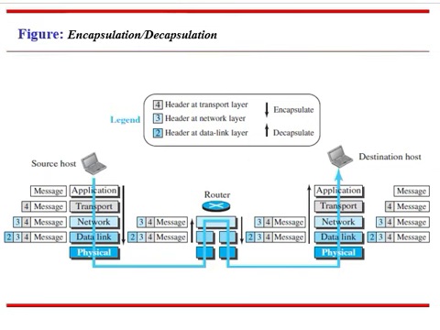The figure shows the encapsulation in the source host on the left side, and in the middle portion it shows the encapsulation and decapsulation in the router. On the right side we see the process involved in the decapsulation in the destination host. So firstly we will start with the encapsulation at the source host. At the source we have only encapsulation.